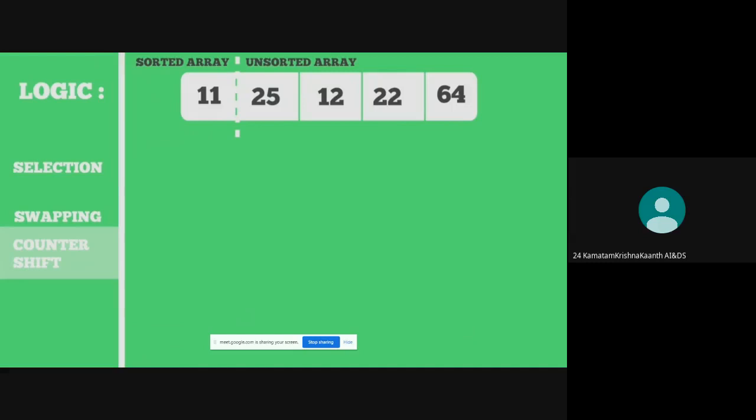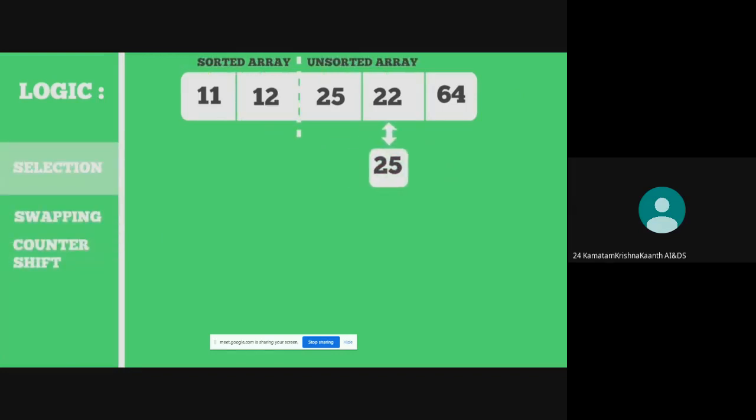Now there are only 4 elements in the unsorted subarray and 1 element in the sorted subarray. This process continues like this. We have given five elements, so for 5 elements, it takes 4 iterations, by again identifying the minimum element. This process is selection. Now it swaps again, and after the swapping, it changes the counter. That is the length of the sorted and unsorted subarray. Again identifying the minimum element.